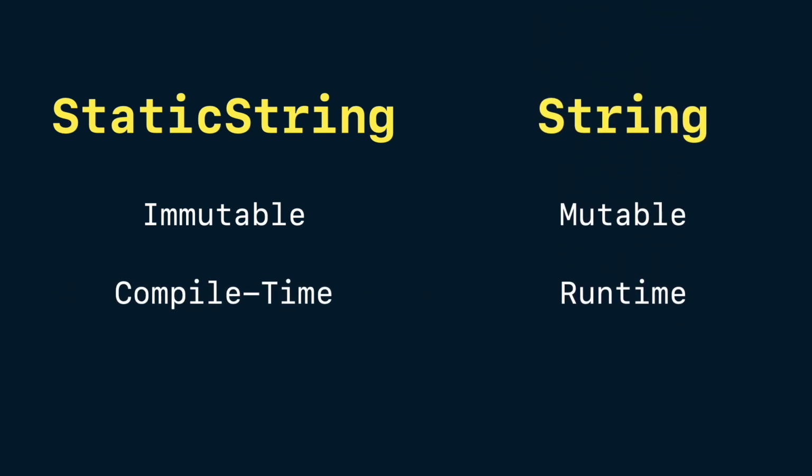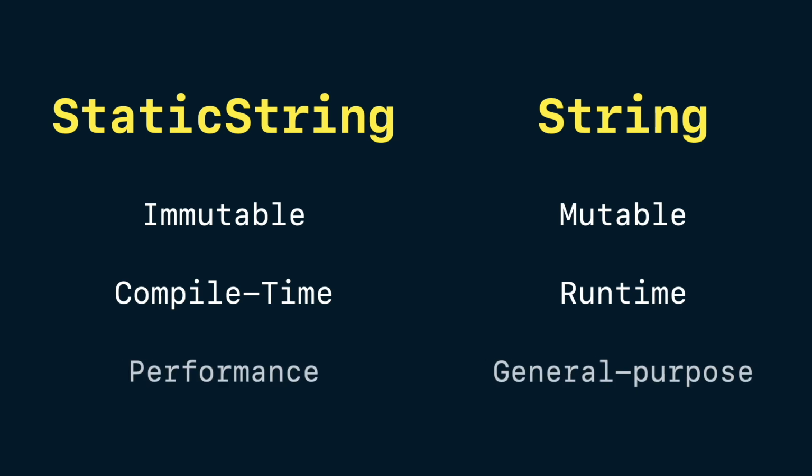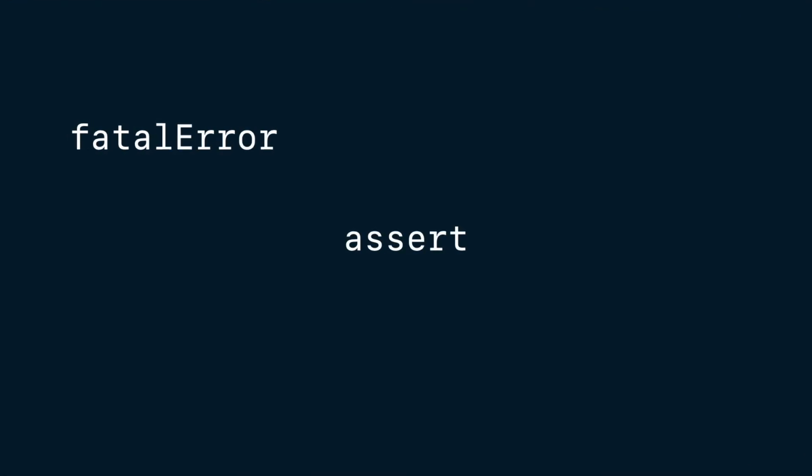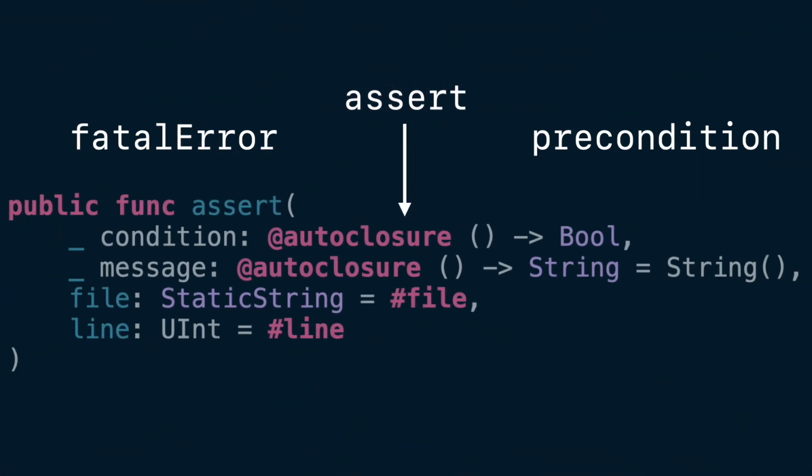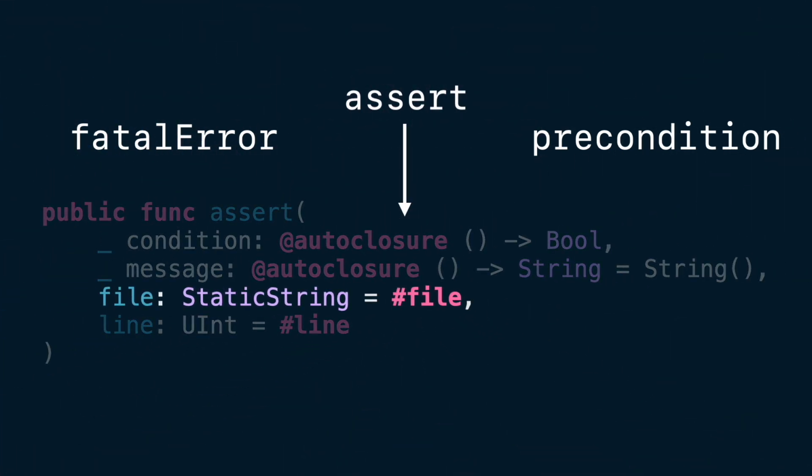Regular string is dynamic and can change at runtime, while static string is designed for scenarios where immutability and performance are critical. You'll often find static string in functions like assert, fileError, and precondition. These functions use static strings to log file names that are well known at compile time and will never change